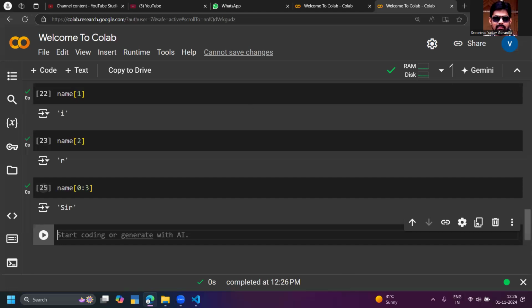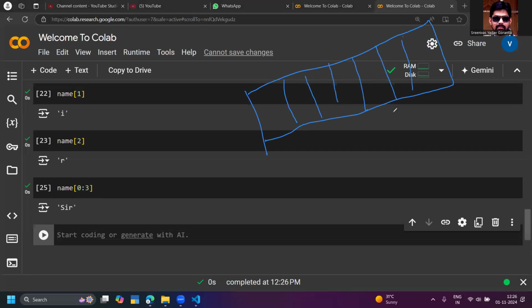One more time, I'm drawing the picture. S, I, R, I, S, H, A. So try to observe, I want to access SIR. This is 0, this is 1, this is 2, this is 3. If I say 0 to 3, what is happening? The first index is the start index. The second value, whatever I'm giving, is the end index